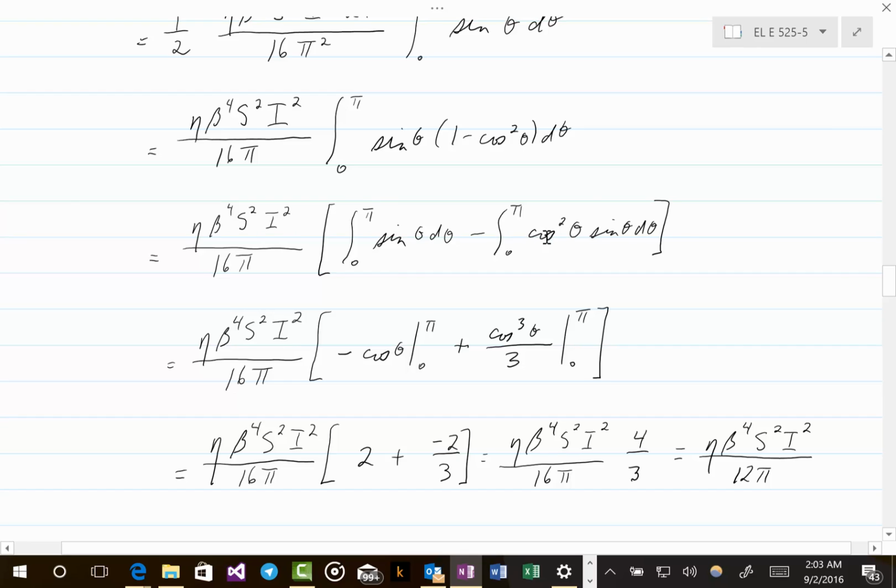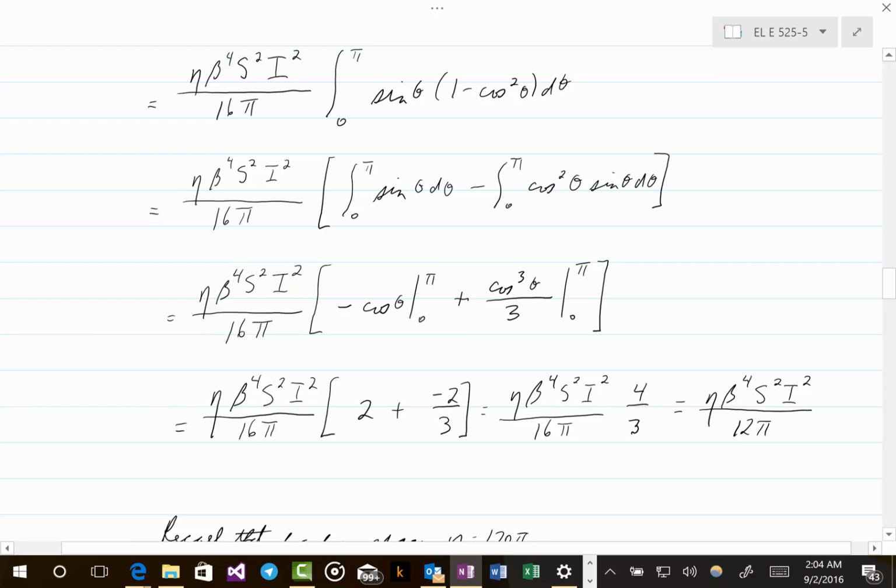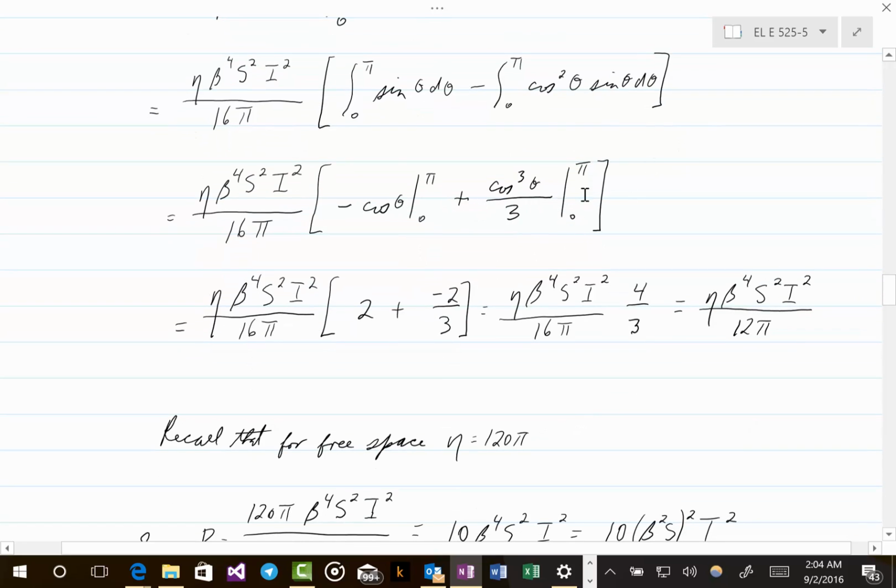And here this has almost the form u to the n du. We just need a negative sign on the inside, which we can take actually from the outside, so that this becomes plus, and take this negative sign on the inside associated with the sine theta, so that becomes part of the du. So here cosine of theta is u, so we have u squared du, and therefore the integral is 1/3 u cubed, or cosine cubed over 3, and we're evaluating that from 0 to pi. So when we evaluate everything inside the brackets, we get a 2 for this first term and a negative 2/3 for the second term. So altogether 4/3 here,